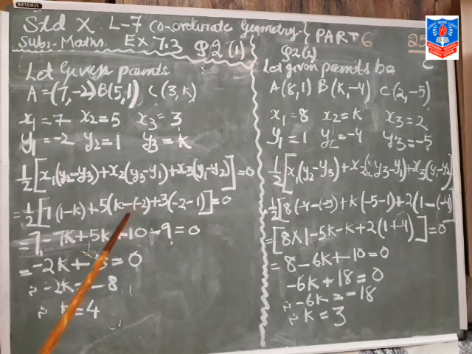Okay, so here 2 5s are 10. Here plus 3. Minus 2 and minus 1. So minus 3. Minus 3 and 3 3s are 9. So minus 9 equals 0. So here we will write minus 7k plus 5. So minus 2k and 7, 7 plus 10, 17. Okay. And here it is given the minus 9. Clear? So plus 8 equals 0.